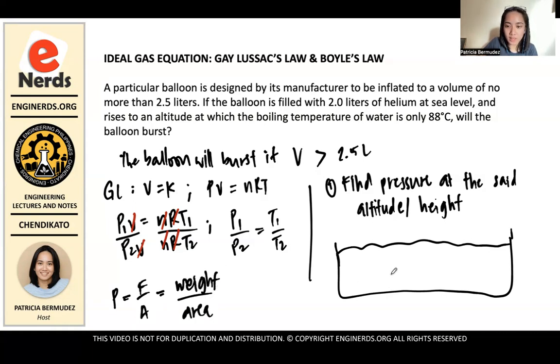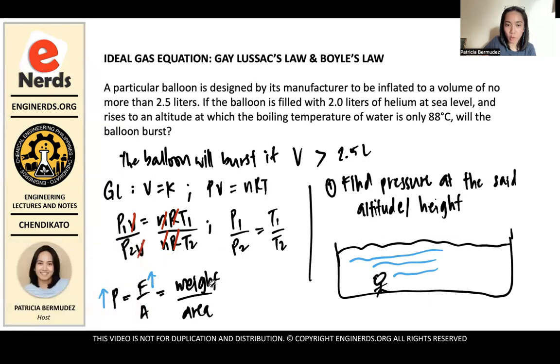Okay? So for example, you're here, and then you're at the bottom of the sea. And then you have all this water weight on top of you. When you have a lot of this weight on top of you, your force increases. When your force increases, your pressure increases as well because it's directly proportional. So we can infer from here that as you go down the sea, your pressure increases.